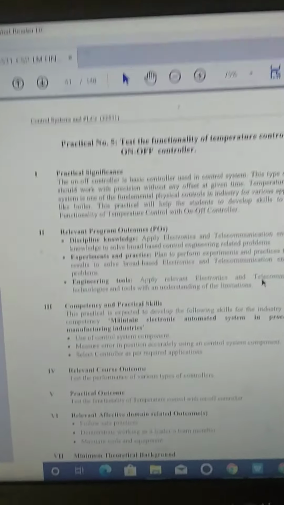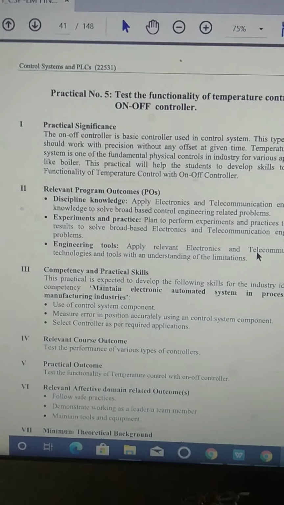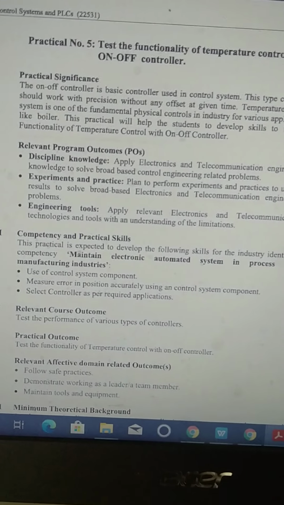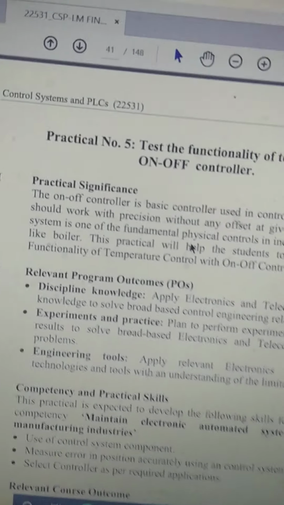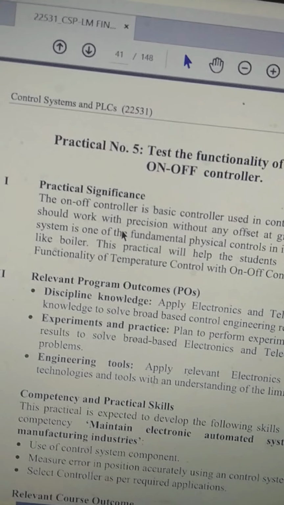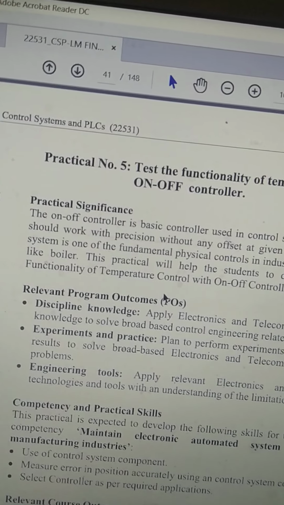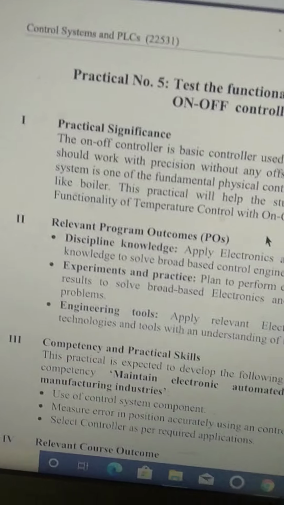For this experiment, we should know the concept and significance of the on-off controller. So what is an on-off controller? It is a basic controller, and it has only two states, either on or off.